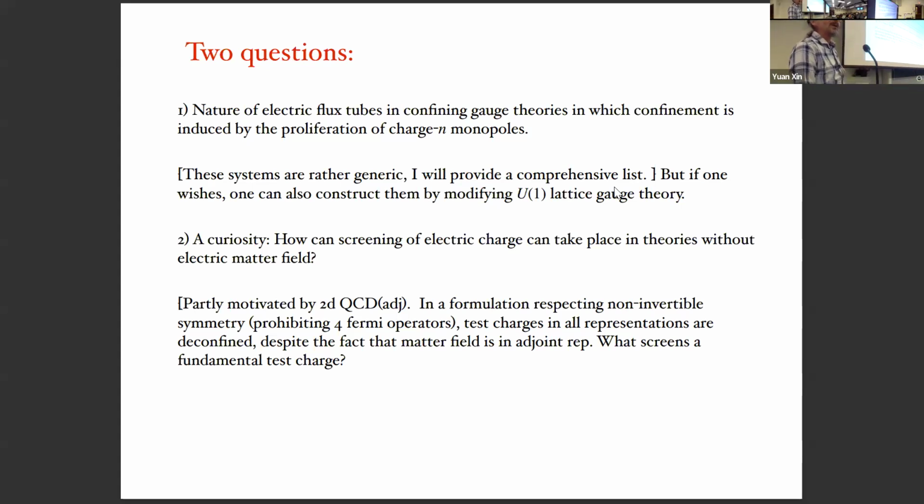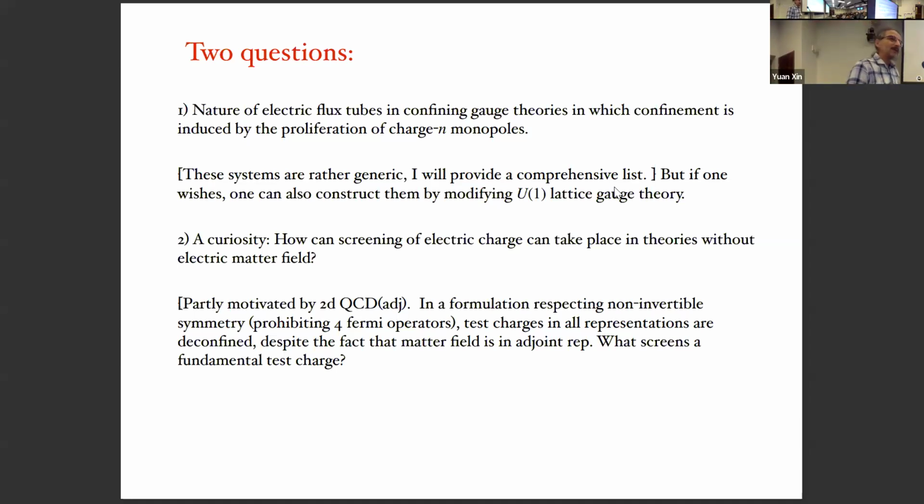In other words, let me say it differently, can we have a system in which we do not have dynamical electric charges, but if we put test probes, electric test probes, they can be screened? These two are related questions. And the first one is,